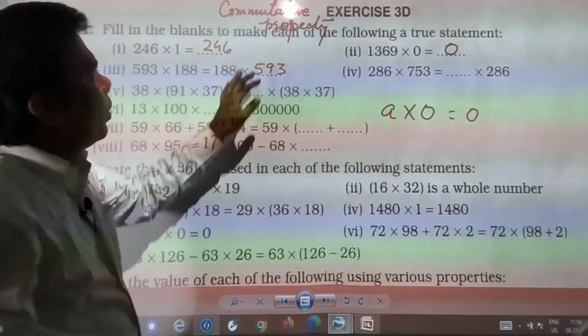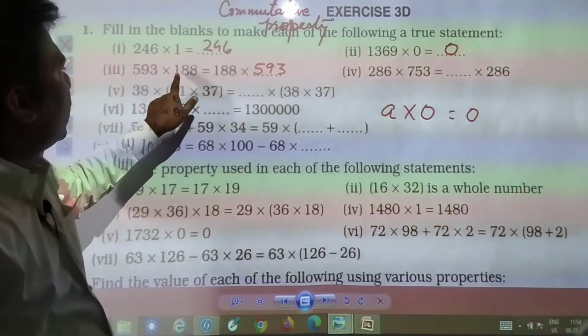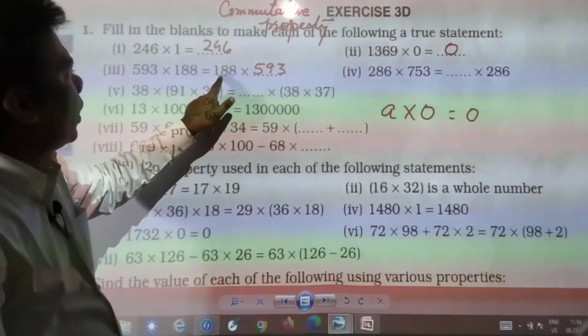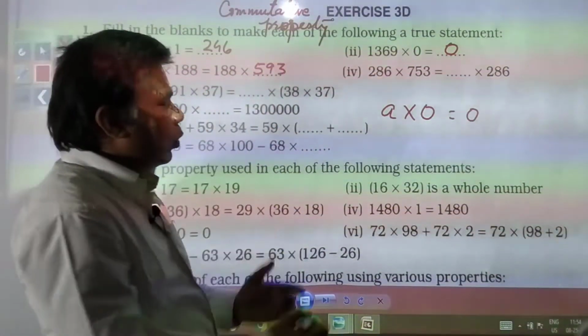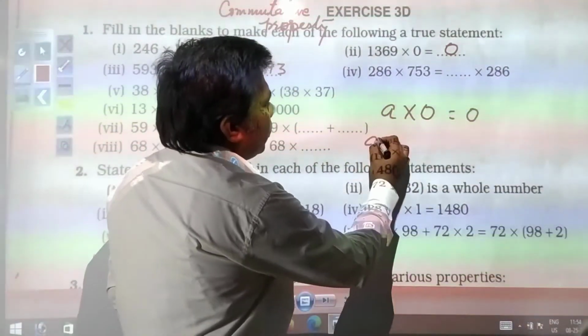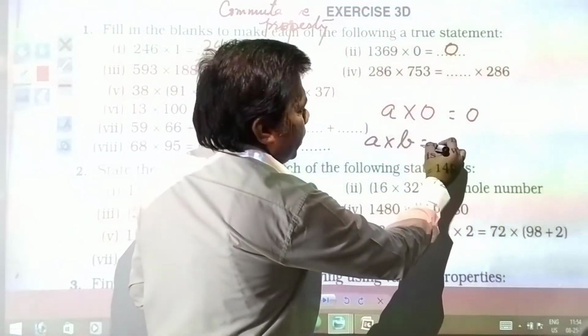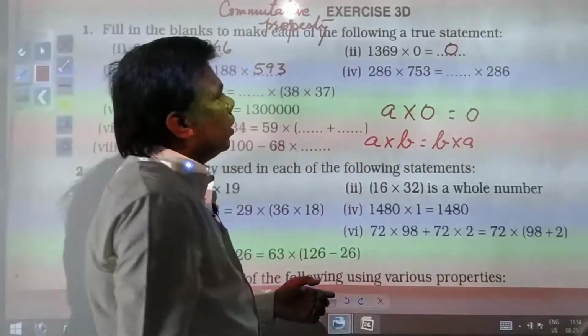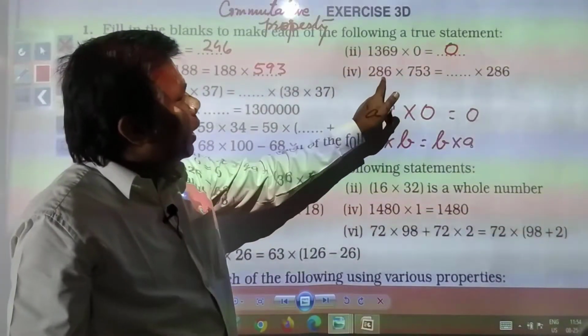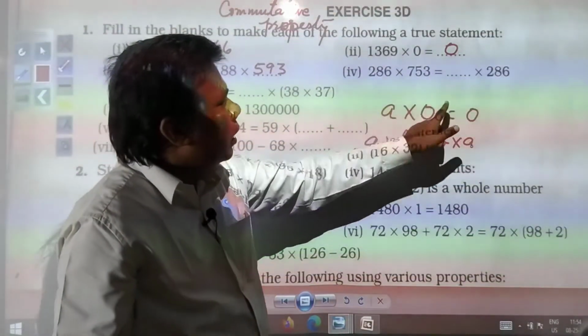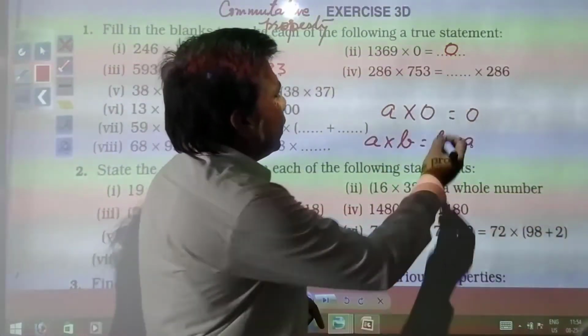So this is required to be remembered. If you have two whole numbers a and b, it can be written as a into b is equal to b into a. Next you see 286 into 753 will be equal to 753